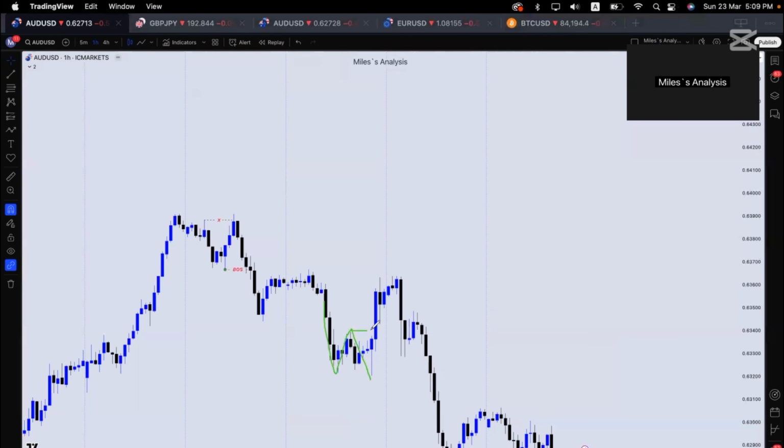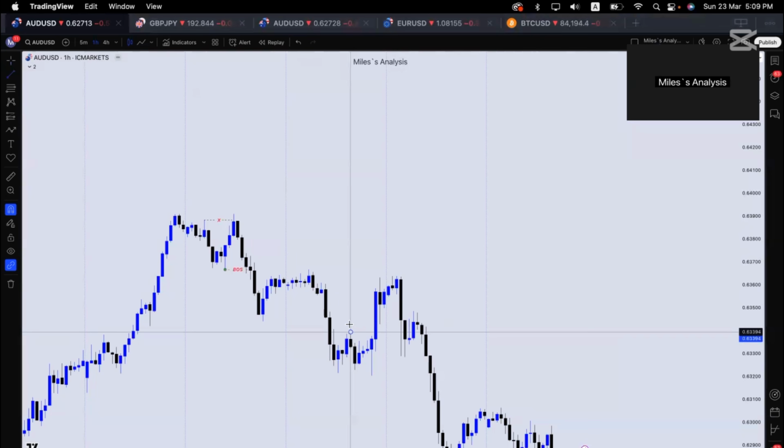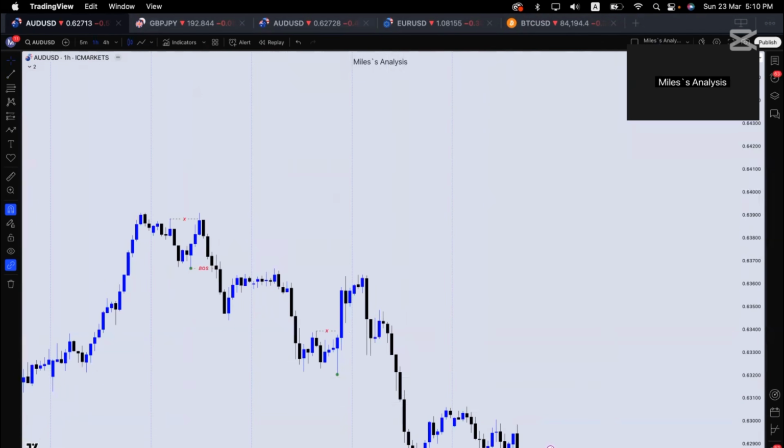So this pullback becomes our inducement, right? So we mark this as our inducement, and the moment the inducement is taken out, that validates a new lower low, which is this one, right? And after the lower low is taken out, price creates a breakout structure, right? So this is not a breakout structure, reason being there's no inducement taken out here, but here we have inducement taken out,